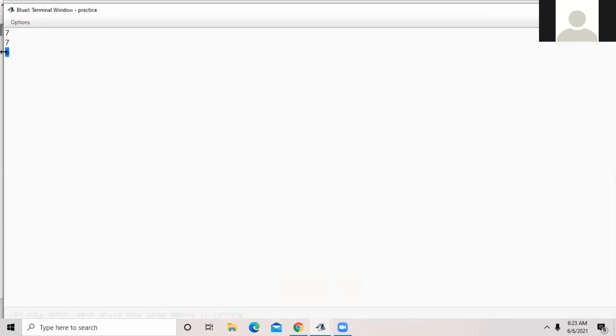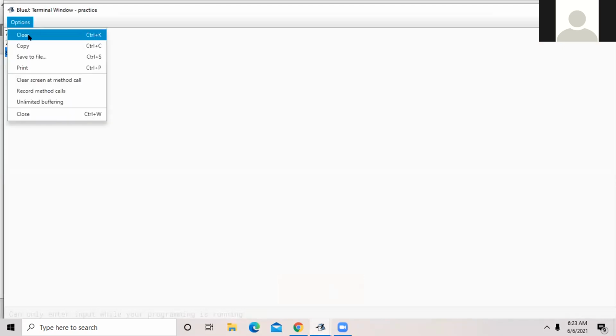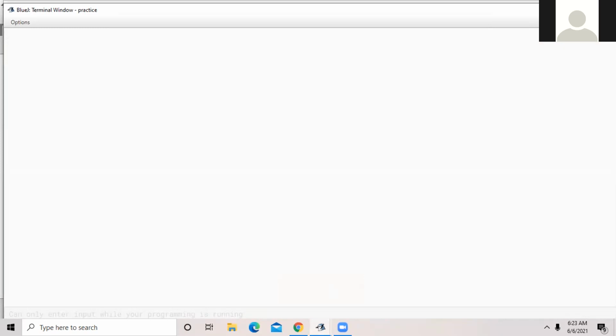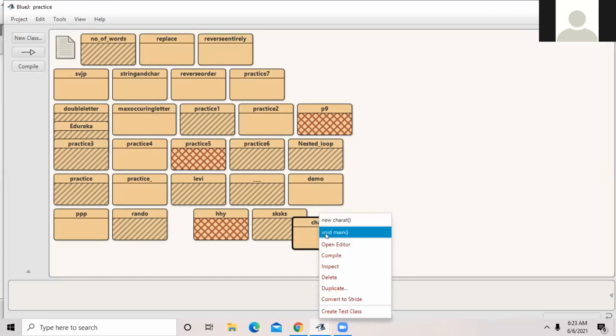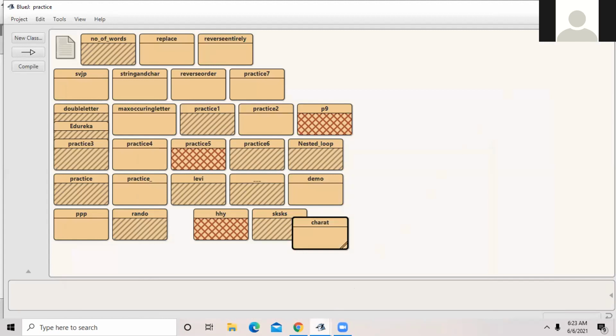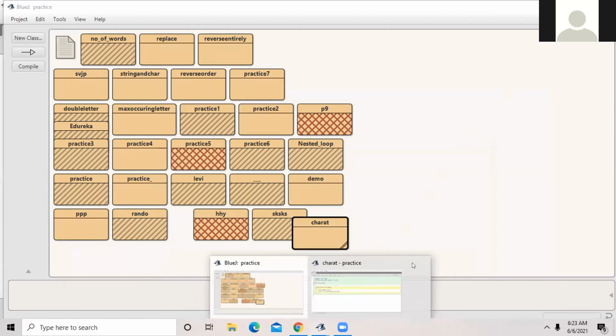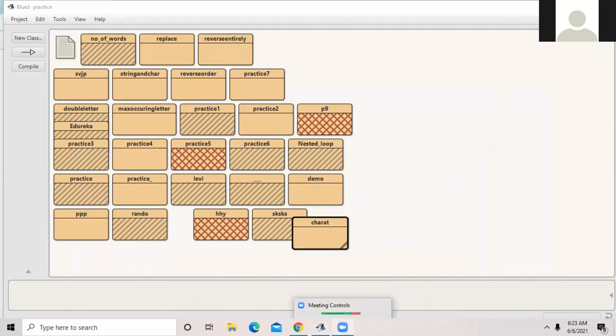So it is coming right now. I think you need to refresh it once, clear it, and then rerun it. Yes, now it works. So just try all these programs. I'm going to share the link with you now. Will you practice the other functions? No need to run all the functions. Just try a few more functions so that it will be easy.